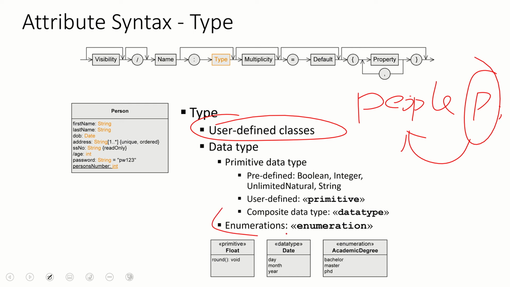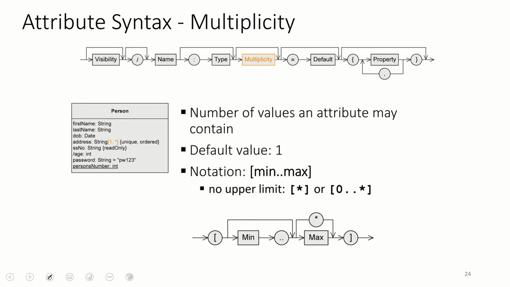So another thing you can use is enumeration. Enumeration is a kind of different when we try to define the class diagram. We're using this one to help other people to understand. This is the enumeration data type we try to create using the class diagram. Once we know that, we need to know the